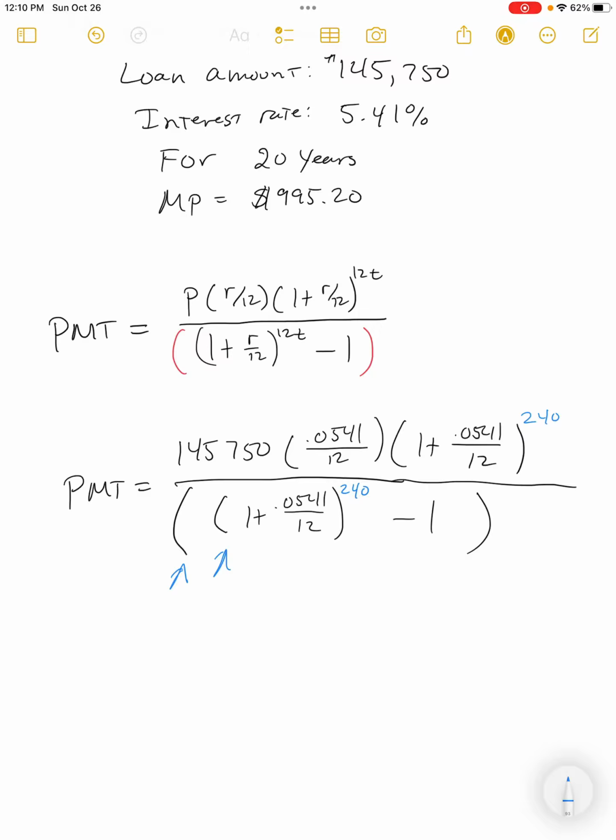And we hit equals. And look what comes out, 995.201, and it just keeps going. That is where they got the payment,